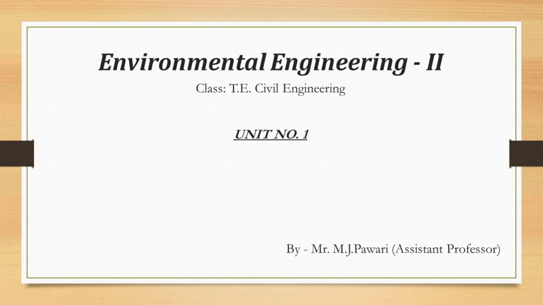Then module number 3 is related to the secondary treatment methods for wastewater, which include trickling filter, then activated sludge process, then aerated lagoon, then some low cost treatment like stabilization pond, then UASB. Okay, so these are some low cost treatment methods used for the treatment of sewage. Next, constructed wetland, then septic tank and soak pit. Okay, so this is about the conventional biological treatment used for wastewater treatment.